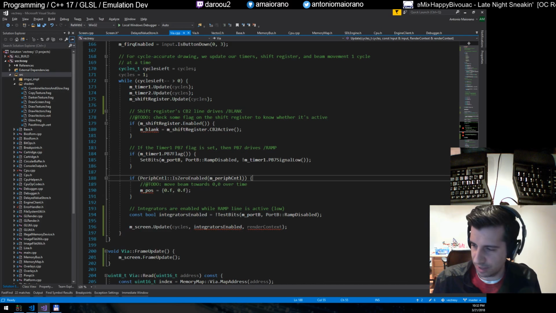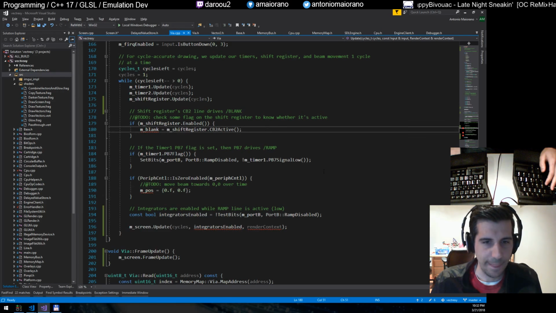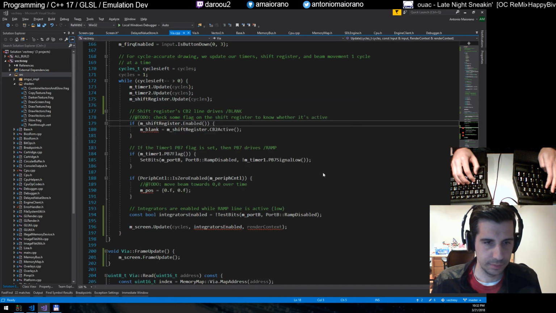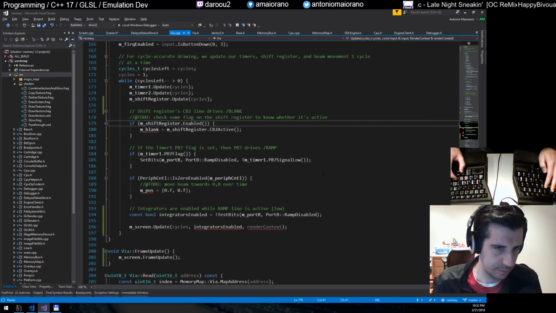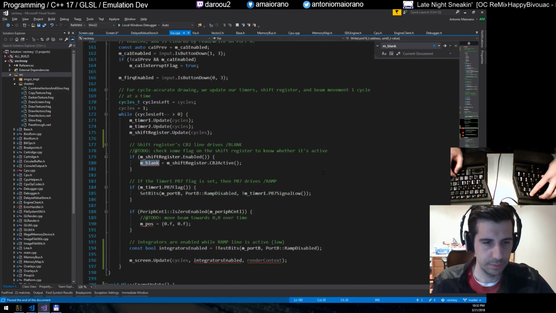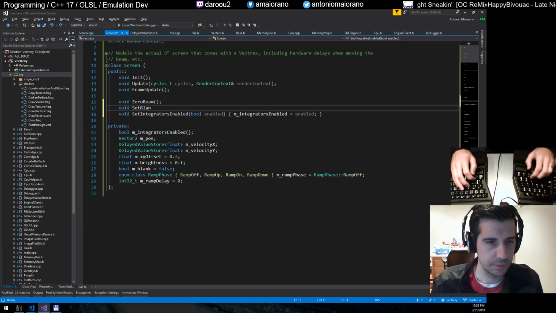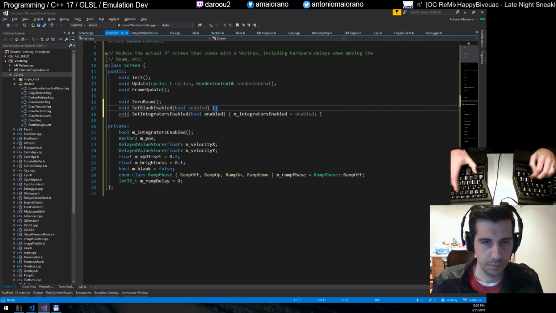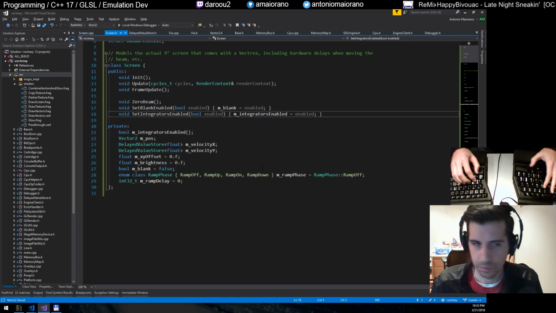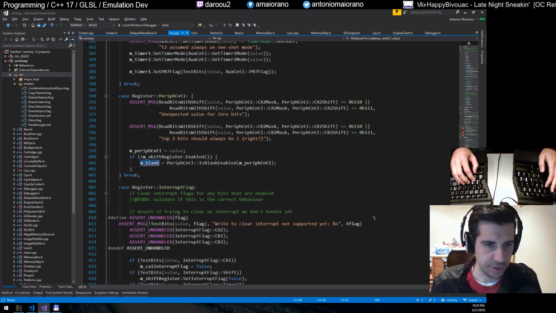So you haven't seen the emulator running yet, I assume, right? If you just wait a second, once I get this compiling again, you'll be able to see it running. Set blank enabled. So what we're going to do in the via here,